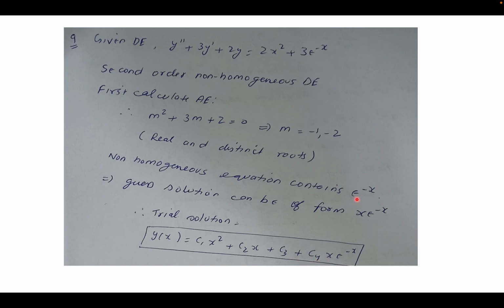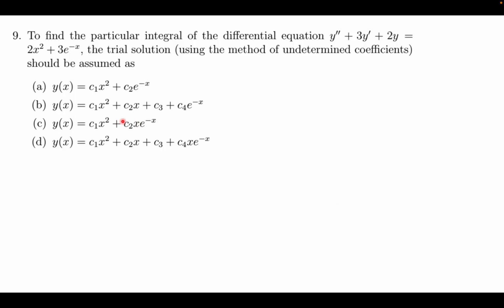And again, you should try taking the solution without x. Just take c1 x square plus c2 x plus c3 plus c4 times e power minus x. In that case, you will not be able to solve for the values of these constants. So I hope you will all go through this problem for your own understanding, so that if you get such a problem in future, you can directly guess the trial solution of this non-homogeneous differential equation. Okay, so here I see only option D is correct, but